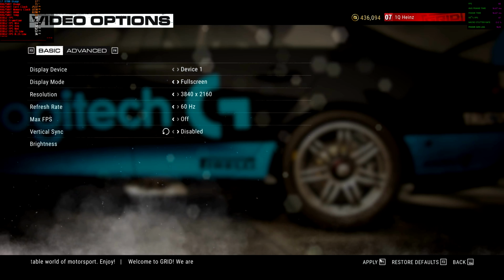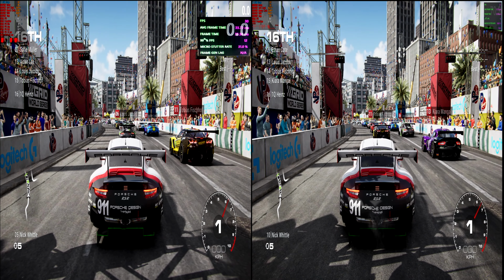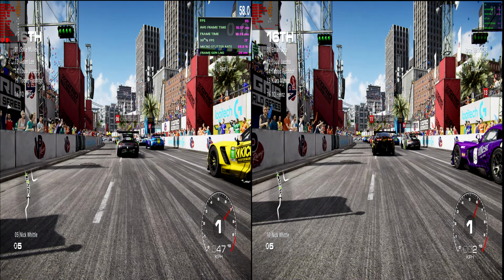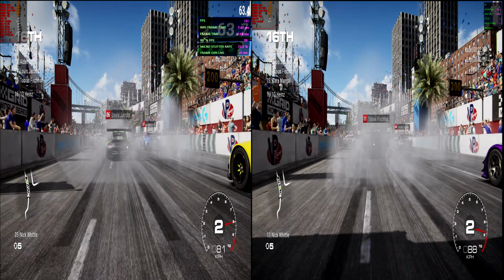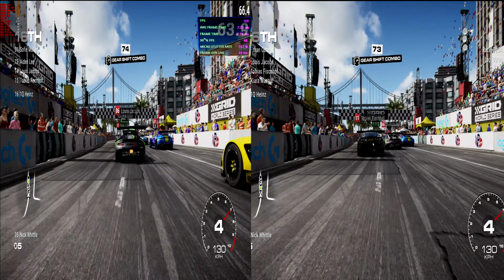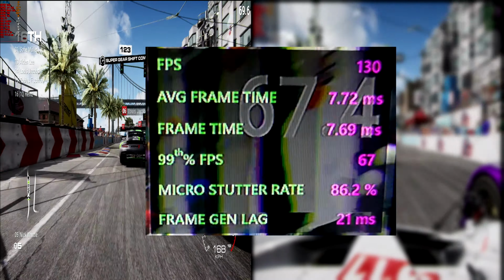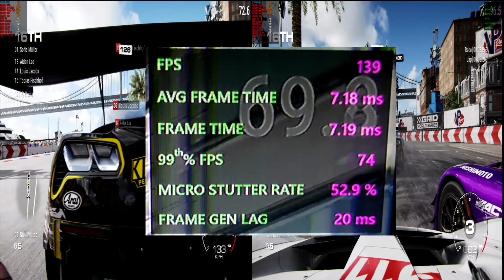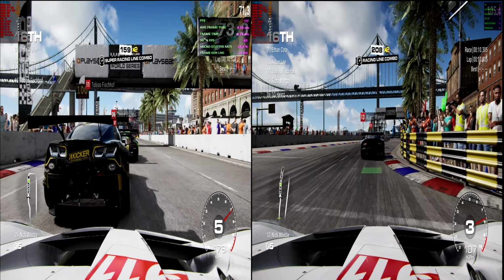Now bear in mind, neither the left or the right side has VSync enabled. This is actually a requirement because the software didn't allow me to capture both MSI Afterburner and the AMD overlay. I worked around it by recording it with the camera, so you can see the results as they were displayed